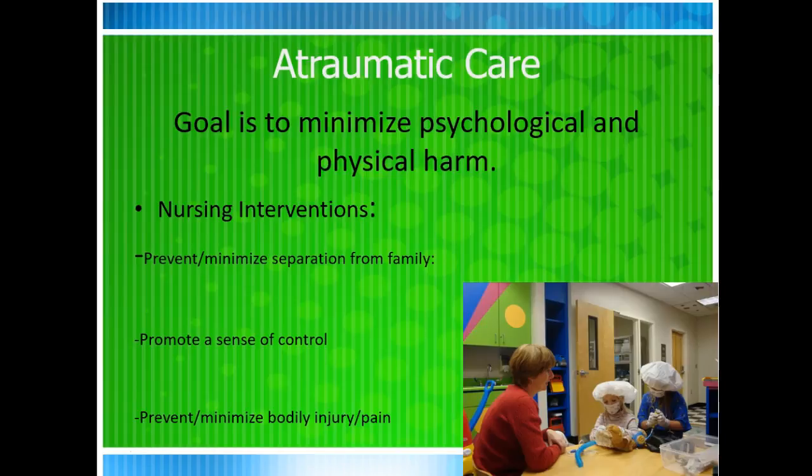So you mentioned that there's an age where kids like to go explore, right? So they like to explore because they like to see what the world looks like, right? That's how they learn. They learn through play, specifically around the toddler and preschool years. And the other thing that goes along with that is egocentrism, right? So you guys probably remember that back to Erikson. So that means that we need to give them a sense of control. So how do you give a toddler or a preschooler a sense of control under this umbrella of atraumatic care?